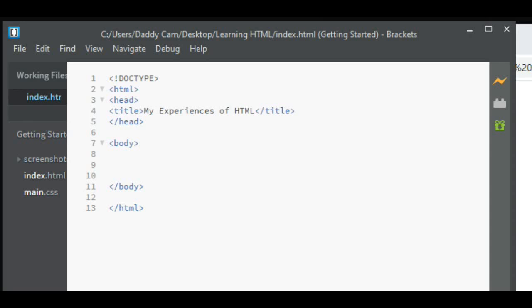Alright people, it's John Cam back with another video, and in this video we're going to talk about attributes inside of the tags. So in the last video we were trying to get the image to work, so I